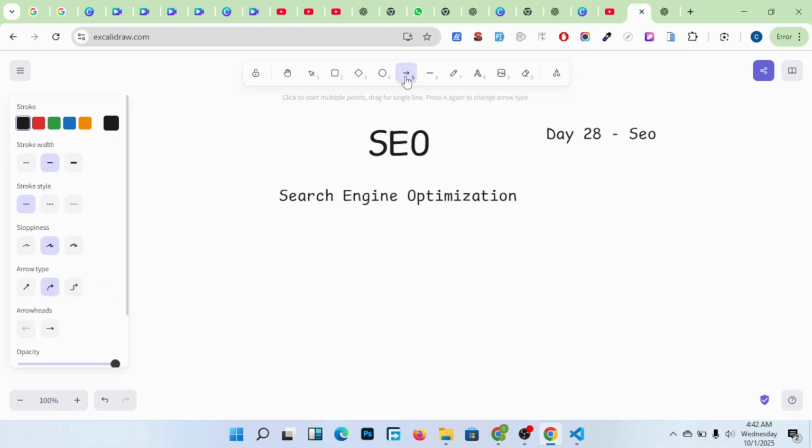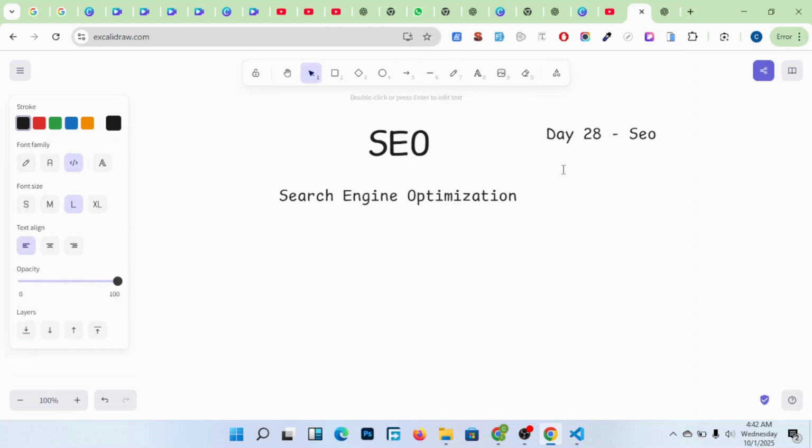Yesterday was day 27, where we did our simple project, where we applied some principles.